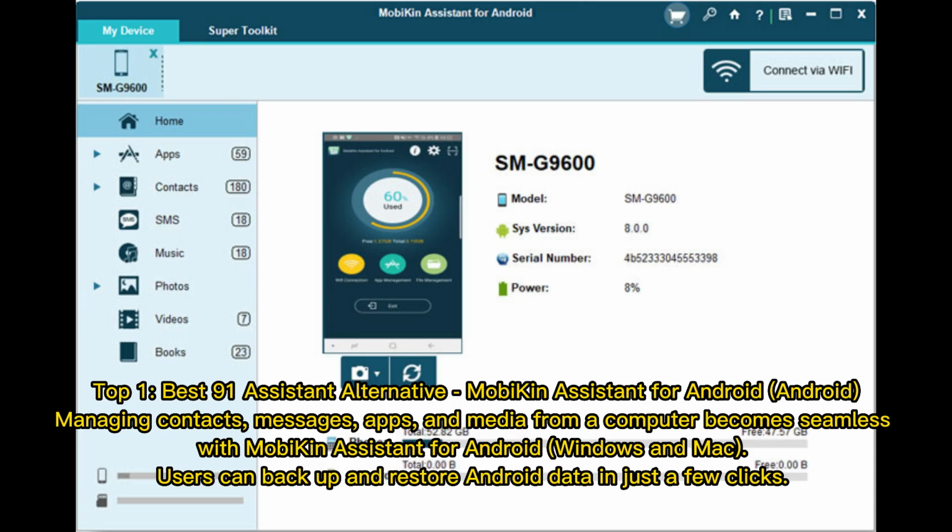Top 1. Best 91 Assistant Alternative. MobiKin Assistant for Android. Managing contacts, messages, apps, and media from a computer becomes seamless. With MobiKin Assistant for Android, Windows, and Mac, users can back up and restore Android data in just a few